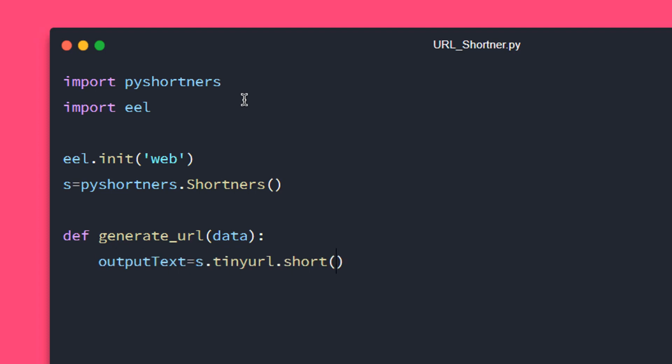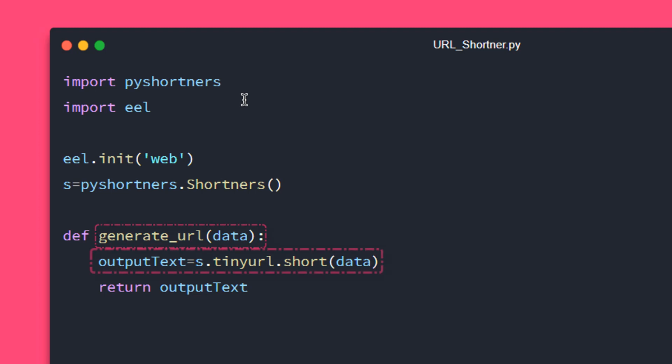Now you need to pass in the data over here. Now as an output we can return this value. So just type in return and the output text. So in this line of code, I'm defining generate URL with data, which will store the tinyurl shortened value. It will shorten the data that is given from the JavaScript side and return the value to the JavaScript.